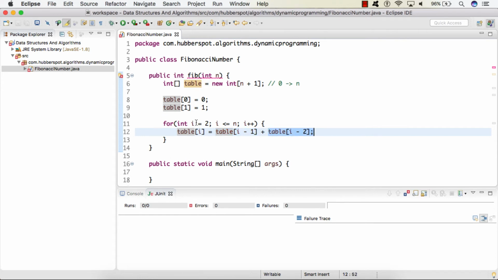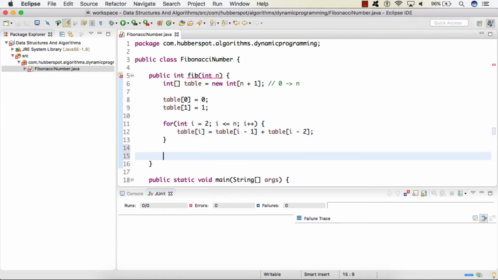So this loop keeps on going ahead and ahead, taking the previous two values, doing their sum and storing it into the current ith position. And finally, when this loop terminates, the final value will be stored in the table at the nth index, which we also saw in our previous lecture using the animation. So we'll simply return that value.